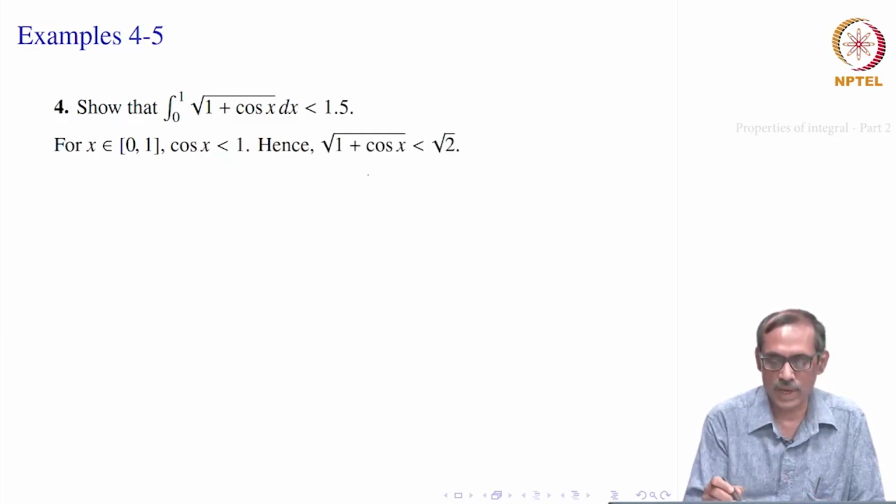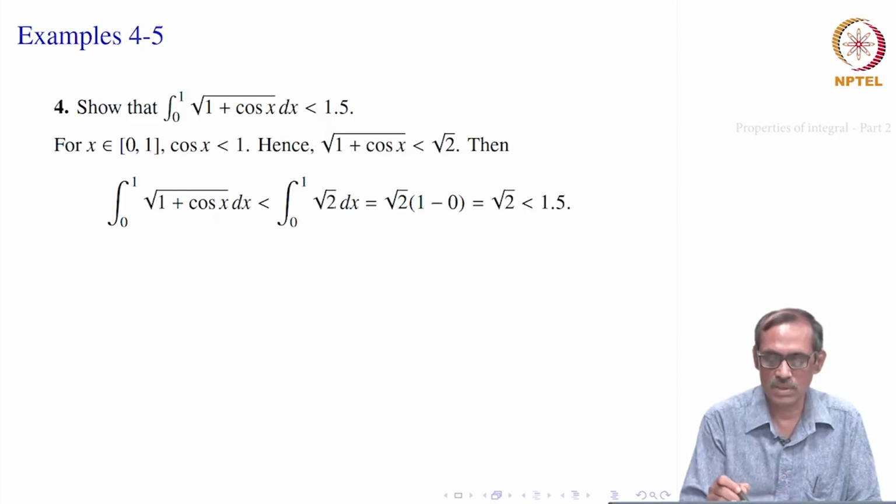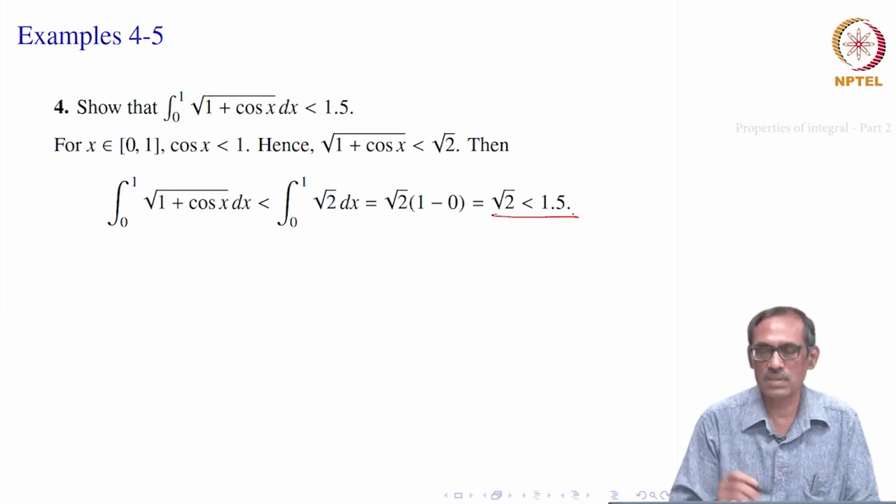So, then square root of 1 plus cos x will be less than square root of 1 plus 1, which is root 2. So, f of x is less than or equal to g of x, where g of x is equal to root 2, a constant function here, which we can readily integrate, right. So, the integral from 0 to 1 of this will be less than the integral over 0 to 1 of root 2 dx, which is root 2 times 1 minus 0, it is k times b minus a, that gives root 2, and root 2 is smaller than